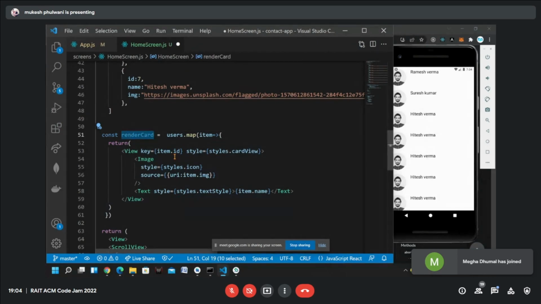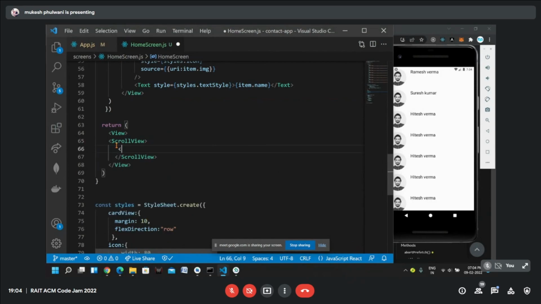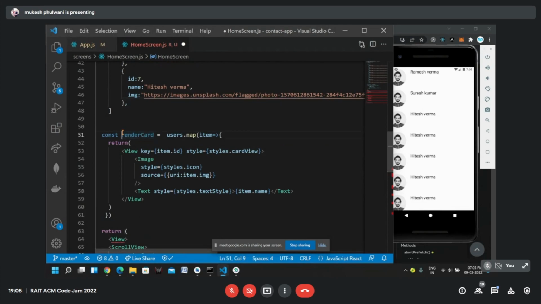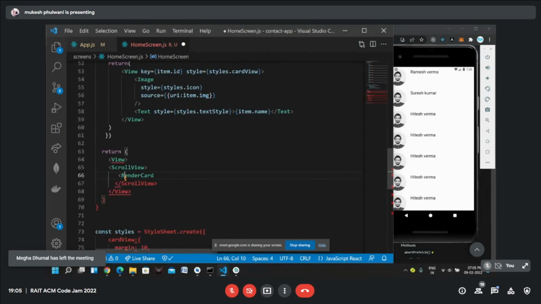Let's try it. ScrollView we do not need right now, but for a component the first letter should be capital. Let's save this.